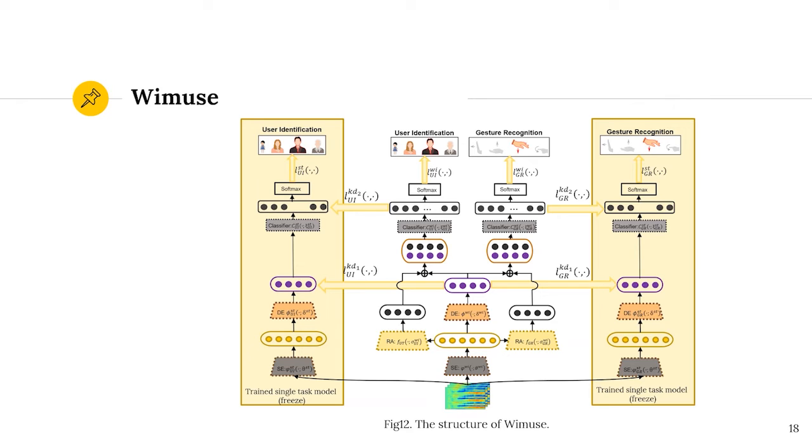Furthermore, to address the task discrepancy issue, two residual adapters are adopted in Y-Muse. At last, the output of Y-Muse is supervised by the ground truth of the corresponding task, and the loss is defined by the cross entropy. Due to the limitation of time, for more details about this scheme, please see the paper.